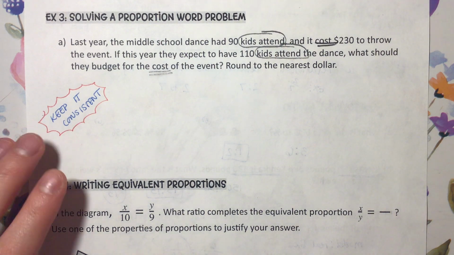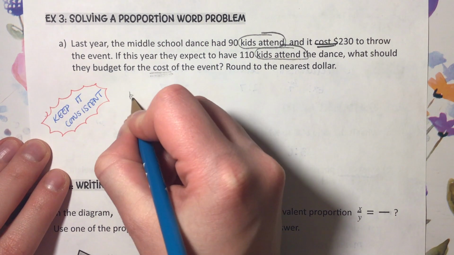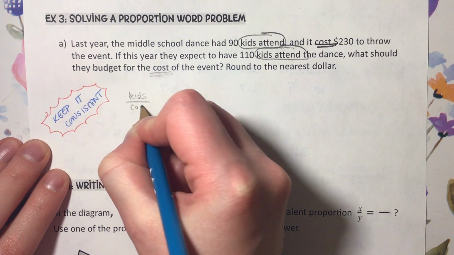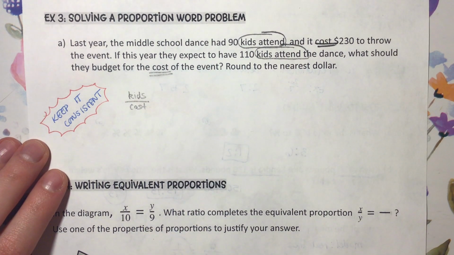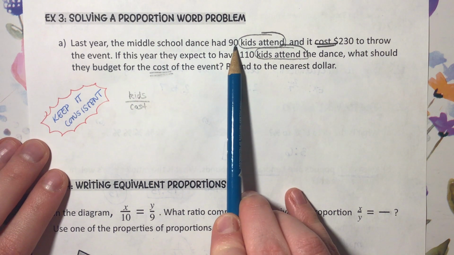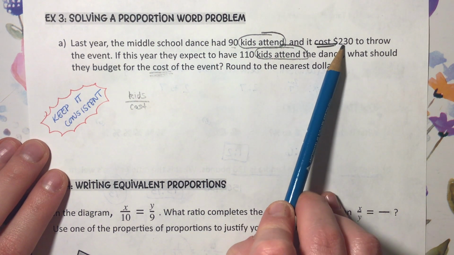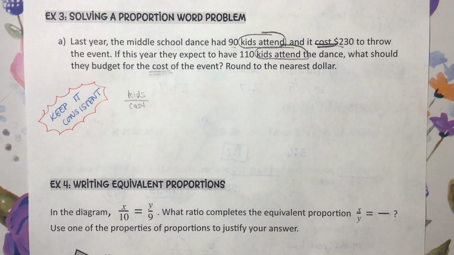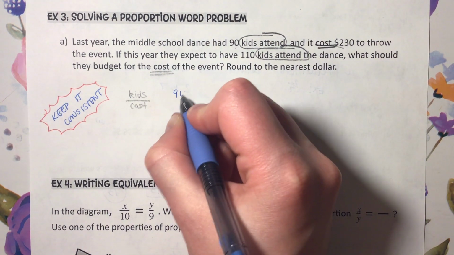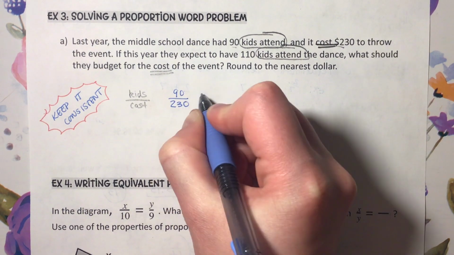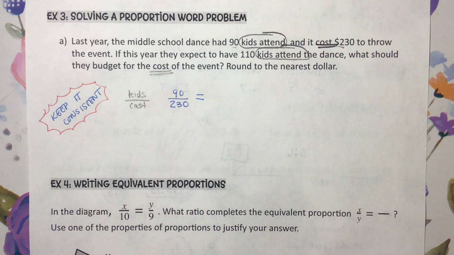What I mean by that is this. I'm going to put kids over cost. That's how I'm going to set up my proportion. So my first pairing is 90 kids to $230. That's kids over cost. So that's 90 over 230 is equal to, now I need to set up my second